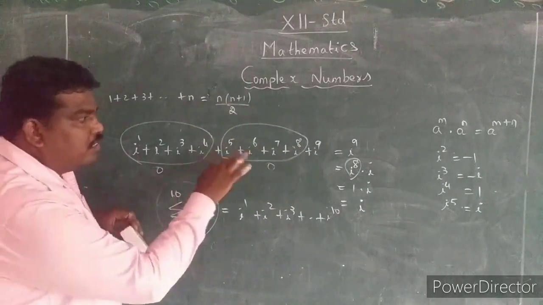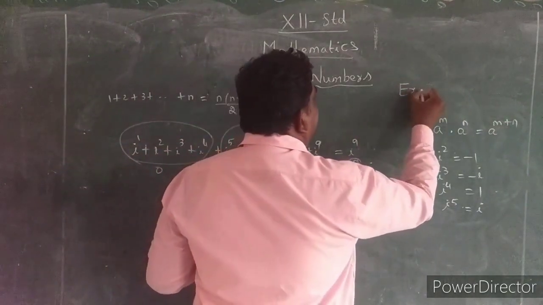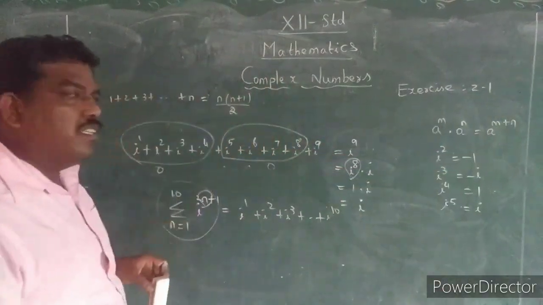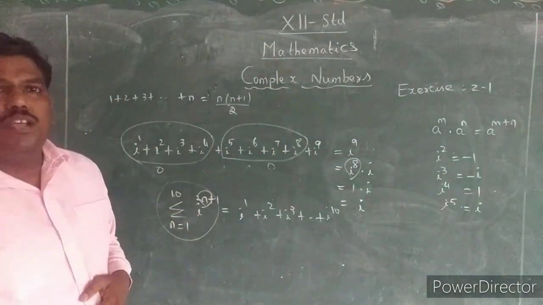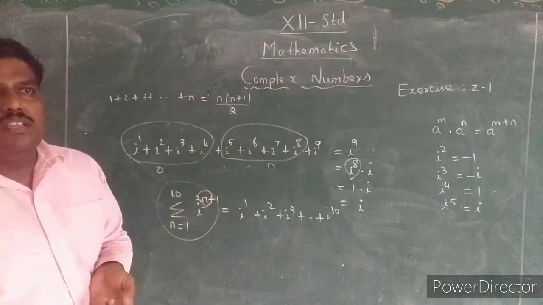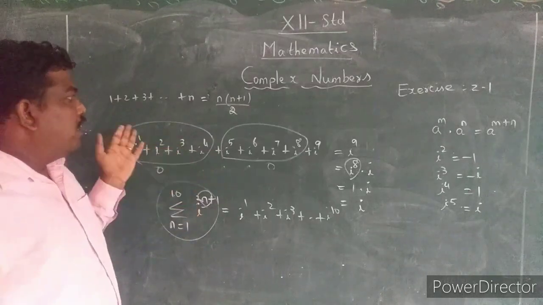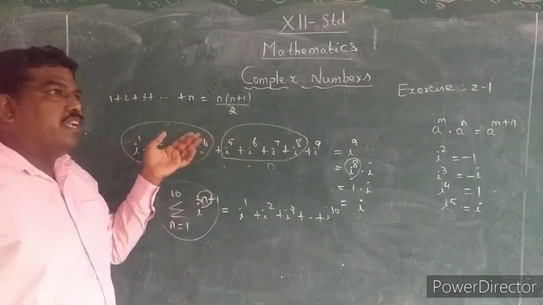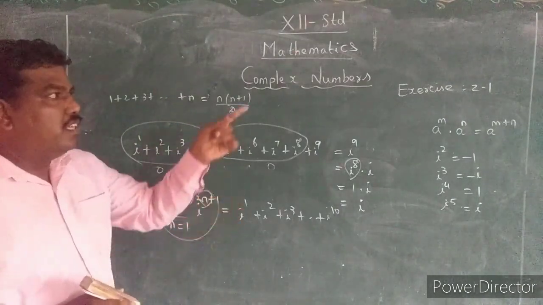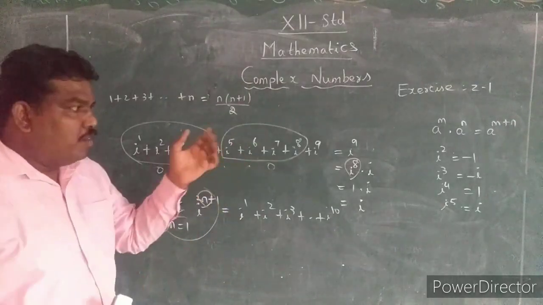So according to this explanation, the exercise 2.1 is given. Exercise 2.1 in the basic term is evaluating the value of i. How to simplify if the power of i is more than 1 or more than 2, whatever it may be. Higher power irundha, indha maadhiri summation powers kodutthirundhaa, illa something expression maadhiri kodutthirundhaa, multiplication addition kodutthirundhaa, how can I evaluate the i, that is exercise 2.1. So indha exercise neengale self aa work out pannalaam. Andha alavukku romba easy aana exercise dhaan.